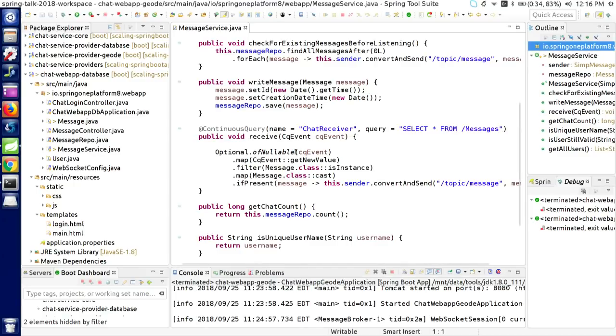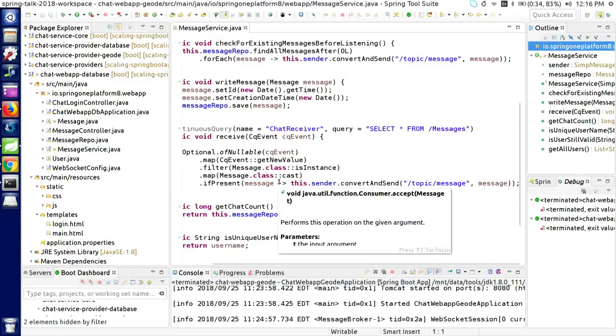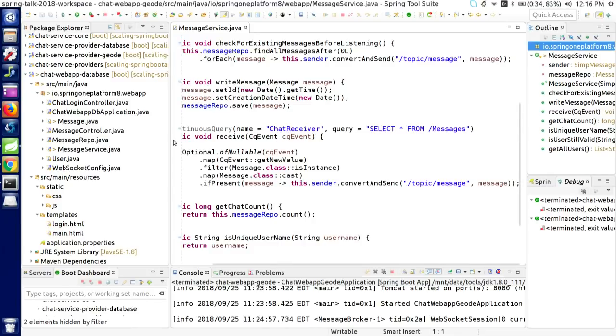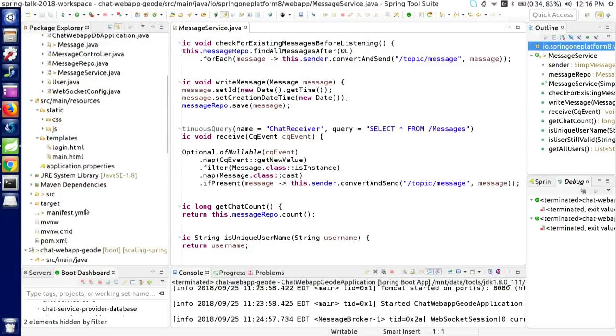Other than that, you can see here there's some code, but in the end it just writes to the socket the same way that JDBC did. So let's take a look at this. Every other aspect is the same. I mean, the last thing I guess we would want to note